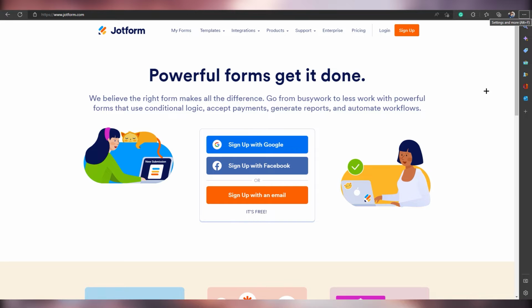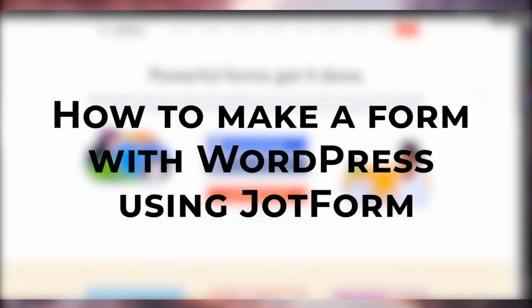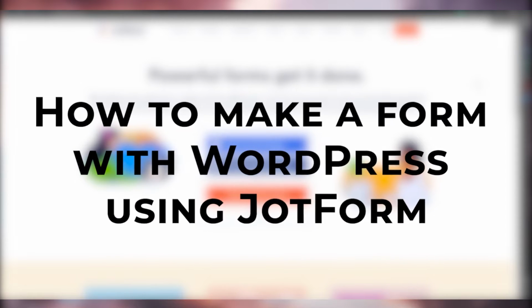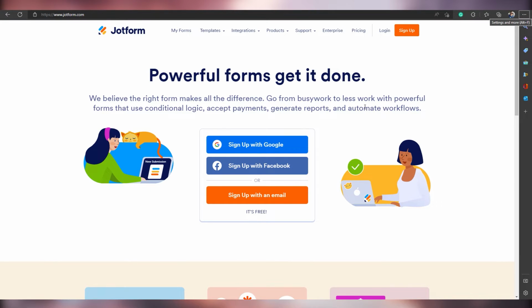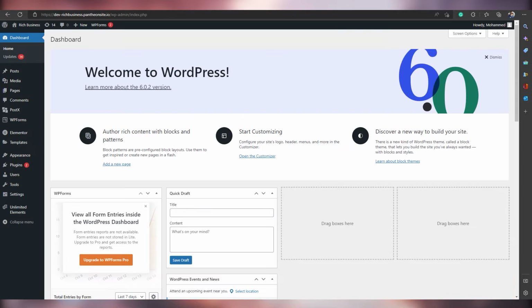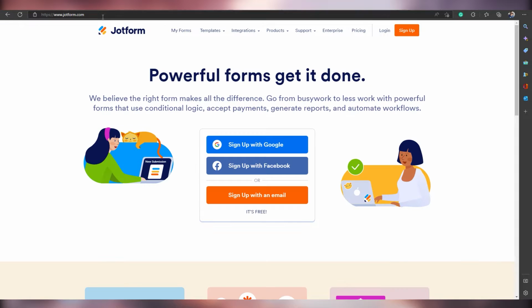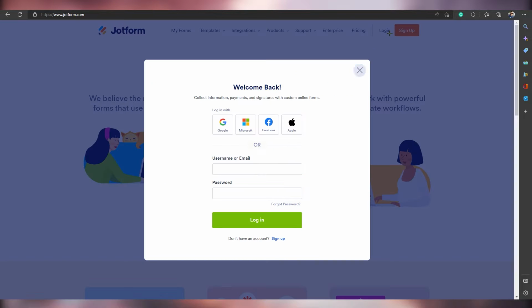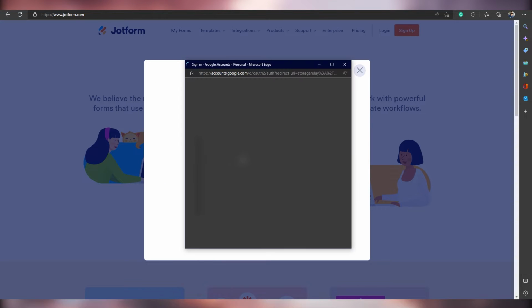And today we are going to talk about how to make a form with WordPress using JotForm. So as you can see over here, we are at jotform.com and this is our WordPress, right? So right now we are going to sign in on JotForm and it's free and you can just sign in. Obviously you can see it's free, and I'm going to sign in with my, obviously, email, and